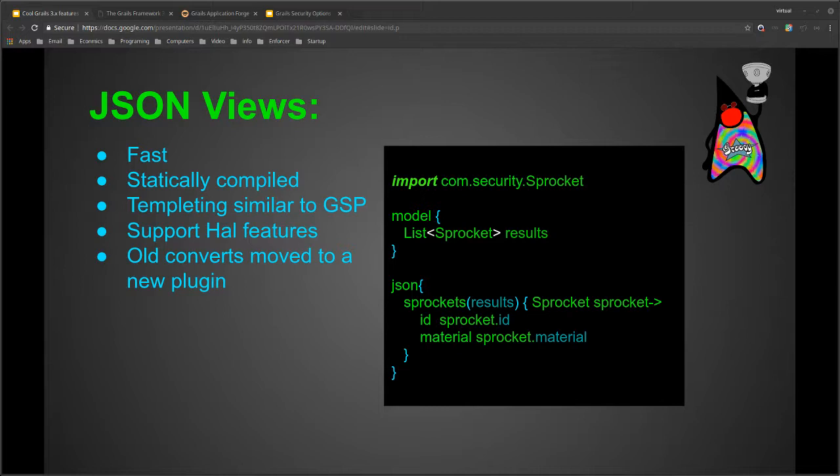There's a plugin for the old converters, so if you're on a newer version of Grails, you can use it. There's also a plugin for the JSON Views, which you need to hook up to use them. But you can use them side by side and migrate slowly, which is probably a better way than migrating everything at the same time, depending on if you have time to do it in your project.